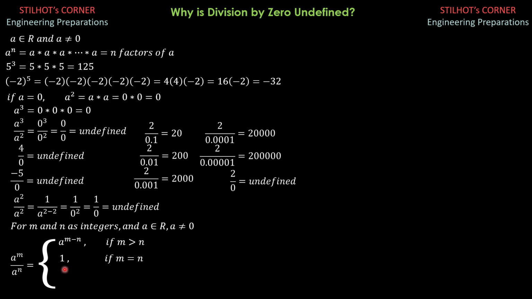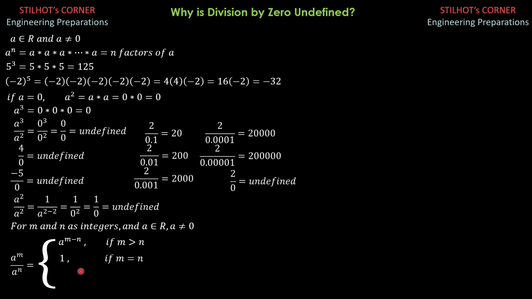So it is equal to 1, because it becomes a to the 0 if you use this formula here. m minus m is 0 when m is n, so a to the 0. And we observe that any value raised to 0 would be equal to 1, except 0. We will demonstrate that later as we move on.